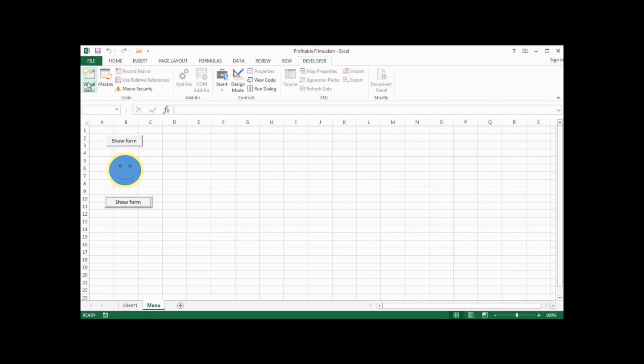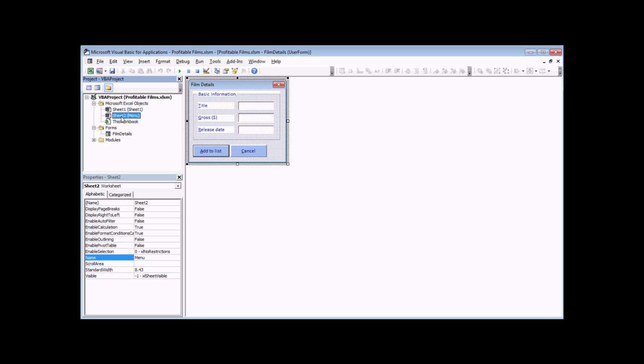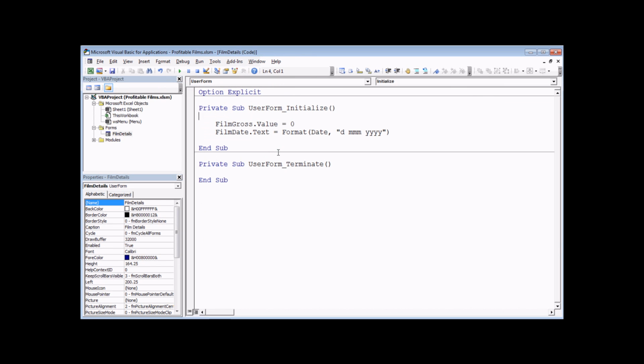So back into the VB editor. To make this a little bit easier to achieve in terms of writing code, I'm going to give the menu sheet a sensible code name. So in the project explorer, I'm going to select the sheet whose name is menu, and then in the properties window I'm going to change its name, so it's not called sheet 2, it's called WSMenu. What I'm then going to do is go back to the form's code view, so I can double click on the background of the form to do that, and then in the terminate event, all I'm going to do is say